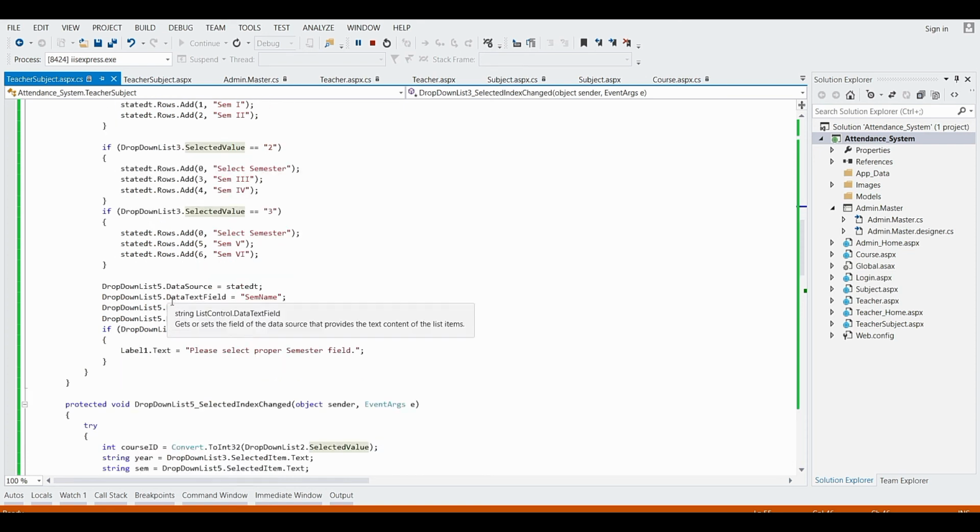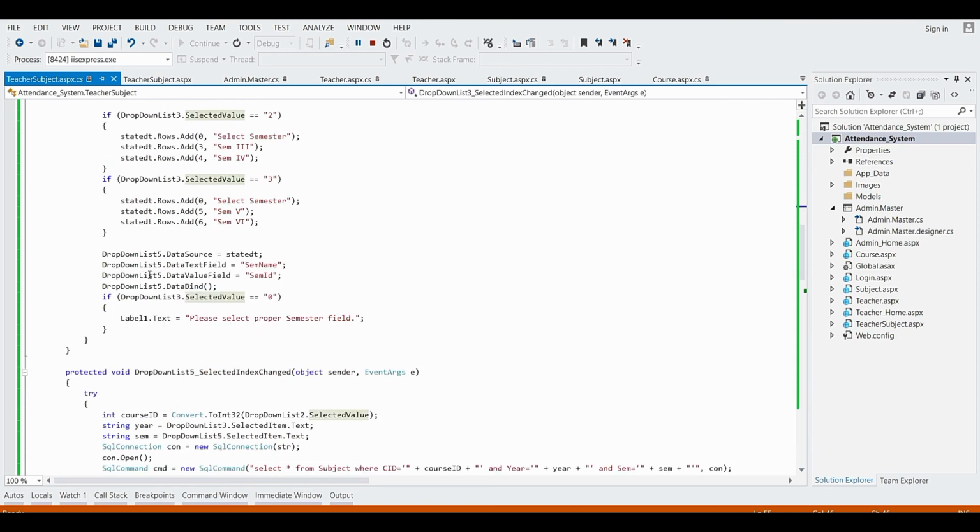Now after that, all these rows are present in the data table object, that is state dt. So we have to add it as a data source for the drop down list. In the drop down list we have to provide the data text field and the data value field.